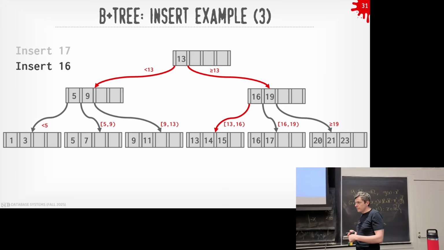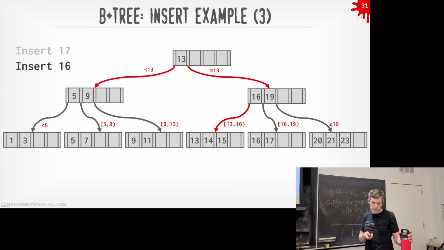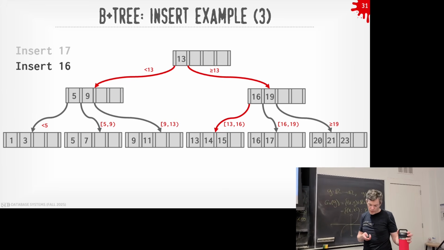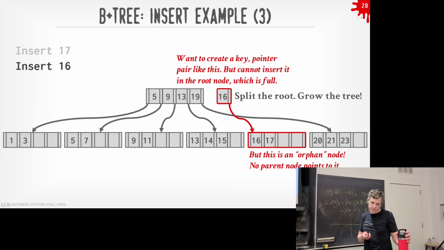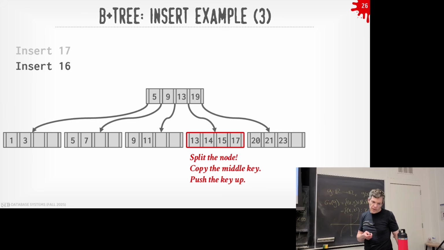Yes? Is there a reason why when we initially try to insert 16, we don't just move stuff to the left? Because if you go at the very beginning when we try to insert 16, in the node on the left, the node with 9 and 11, there's just space here, right? You just move 13 and 14. Yes, so he's talking about optimization, and we'll see this when we do deletes.